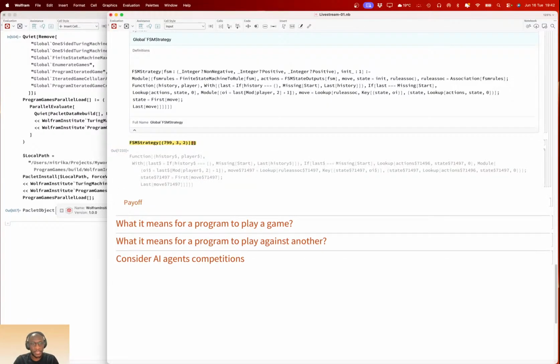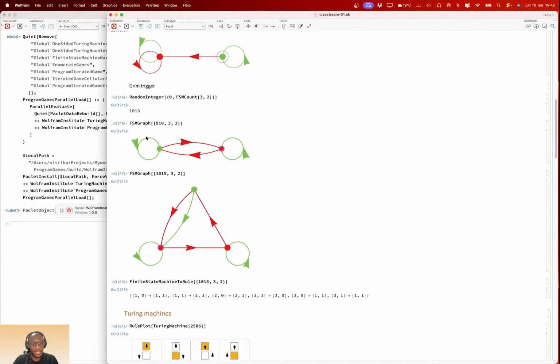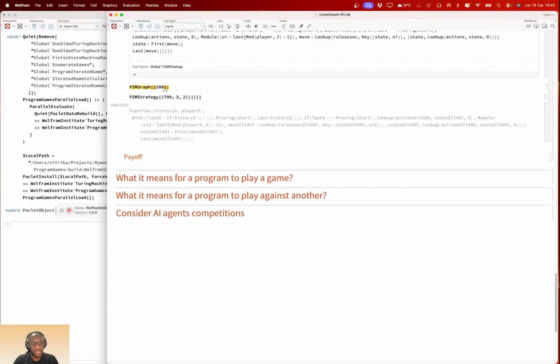But then let's say this FSM will take in the history of the opponent. So say you were playing against another FSM, say let's pick one other, a random FSM, or let's take this guy here, 15.